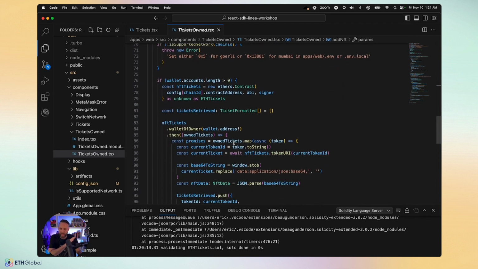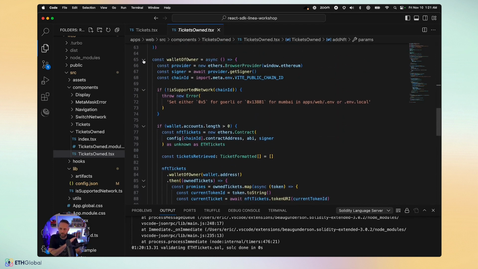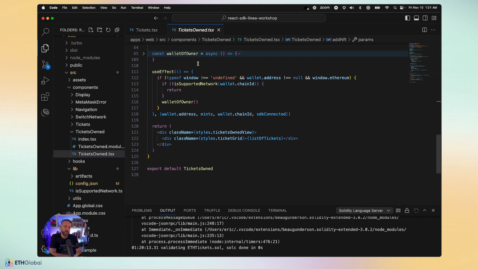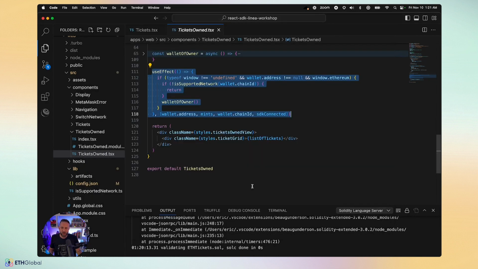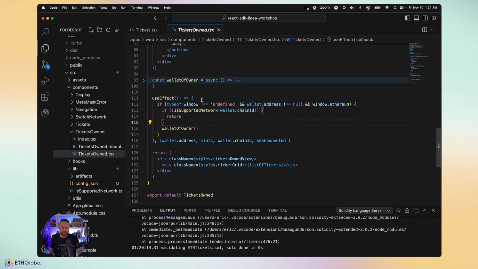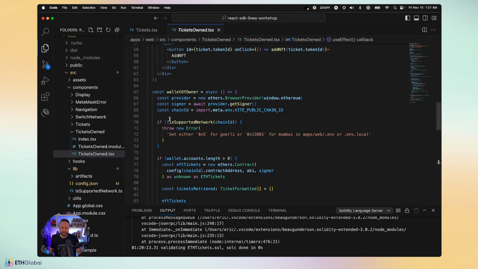Outside of that, we have a wallet of owner function here, which we have a use effect. So what we want to happen is whenever the user first visits this page, or if they've already minted tickets on this page, we want, when this component runs, to go and check wallet of owner. That's basically going to call into the contract and say, hey, my user has this wallet address, and I want to know if they've minted any tokens on this contract. If so, this will return